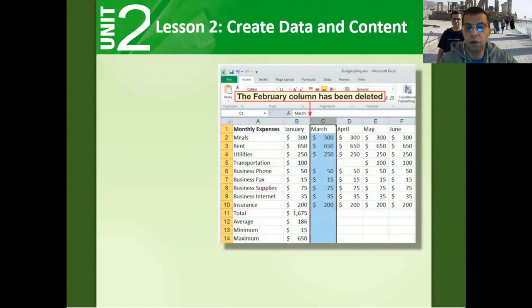The February column, you notice, has been deleted. So you just go and click on the top of it and click delete, and delete all the rows or delete all the columns. It will tell you. If you click here, you can delete all the rows, and if you click here, you can delete all the columns like this. And when you double click in the middle, basically you are